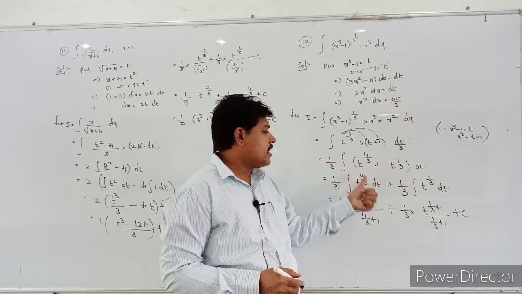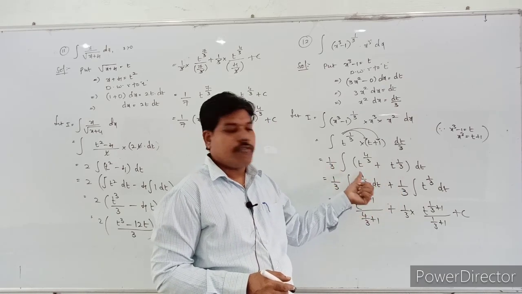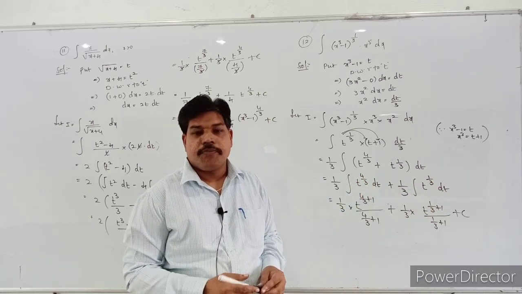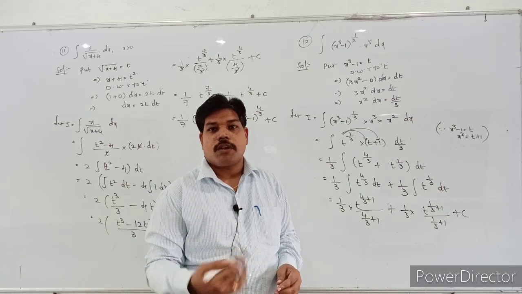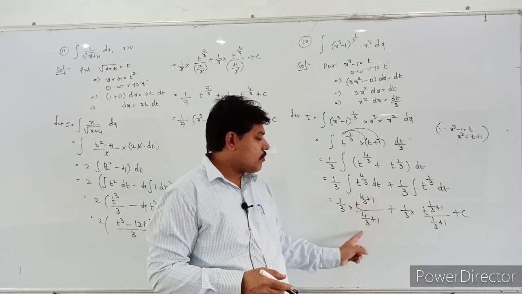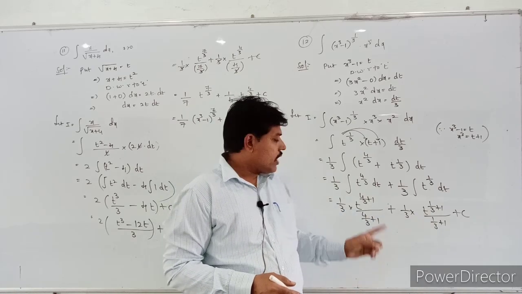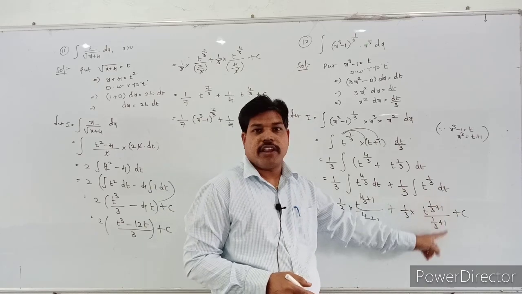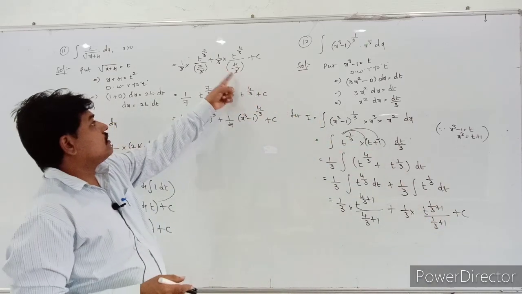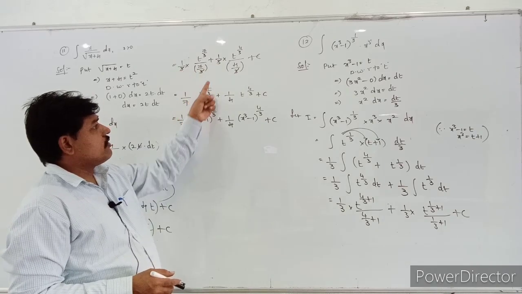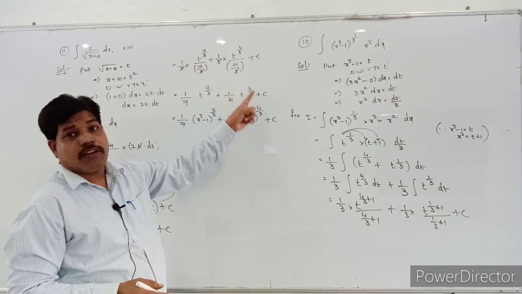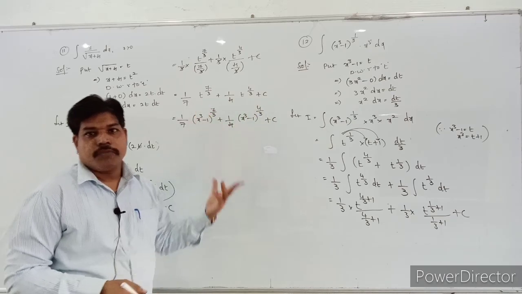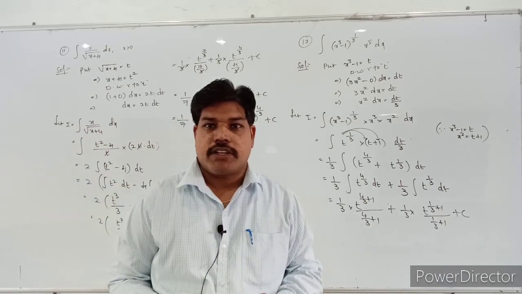Multiply with 1 by 3 and apply the integrals: 1 by 3 into t power 4 by 3 into dt plus 1 by 3 into t power 1 by 3. The integral formula: integral of x power n is x power n plus 1 by n plus 1. It is also the same here. Take the LCM: it is 7 by 3, and the denominator is also 7 by 3. Here it is 4 by 3, and the denominator is also 4 by 3. So cancel that 3 here and also 3 here. 1 by 7 into t power 7 by 3 plus 1 by 4 into t power 4 by 3. What is the t value? t value is nothing but x cube minus 1. Replace that value. Okay, see that question and practice that question once again, students.